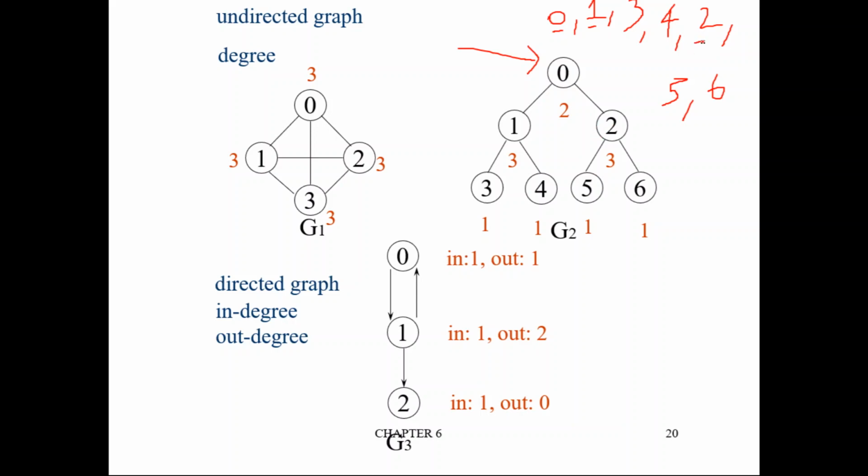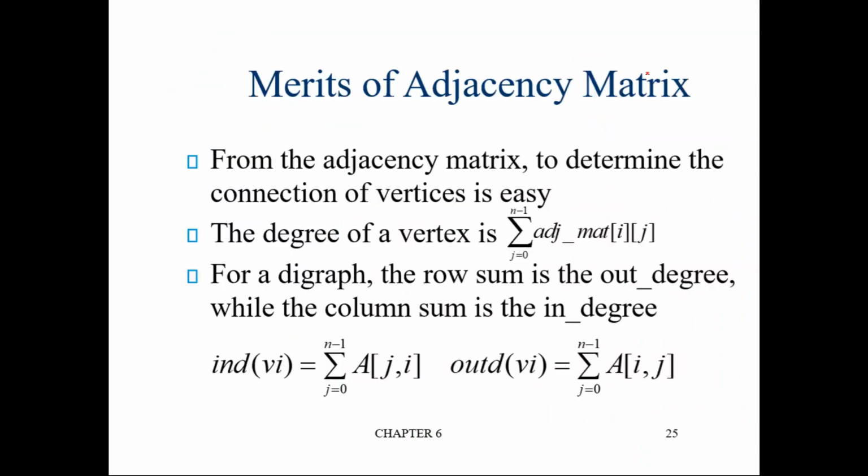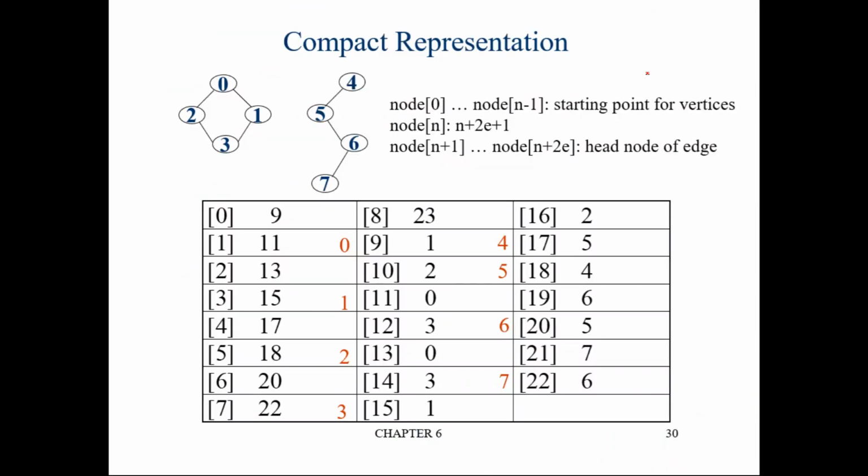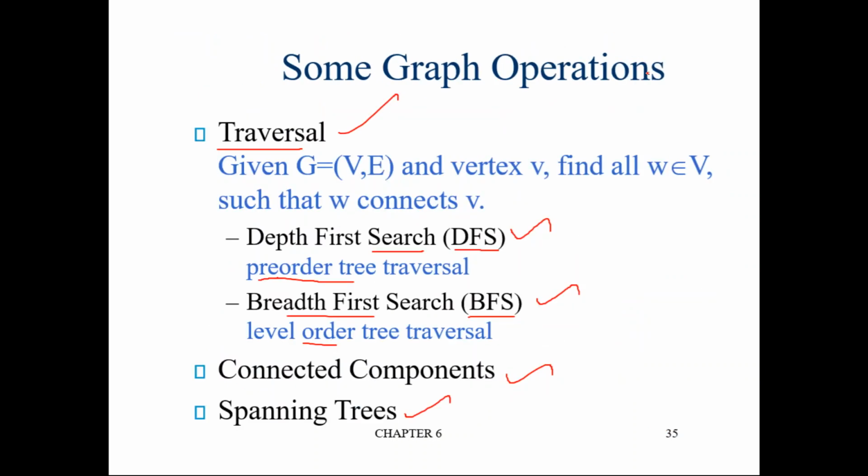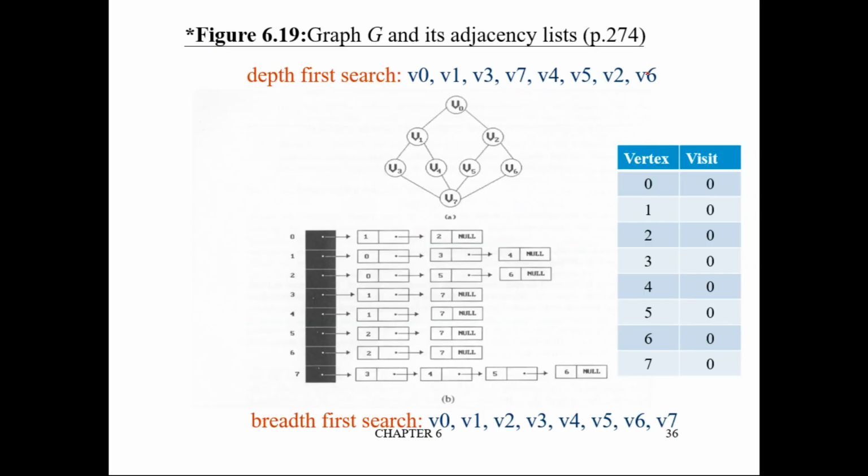Yes. So visit it, root. Then go to its left. Is it a root of any subtree? No. But it's a left child of 2. So 2 is visited, 5 is visited. That is its left child, then its right child, that is 6. Okay. So this traversal in a tree is equivalent to pre-order traversal. Depth first search in a graph is equal to pre-order traversal in a tree. Right. Okay. Now let us see how to implement this.